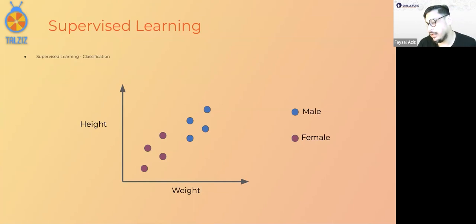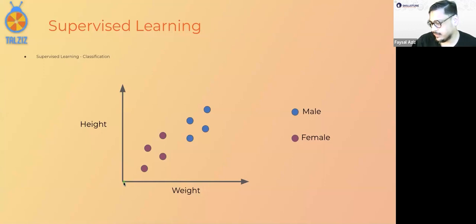So if there were other factors to consider, such as, I don't know, it could be height, weight, and what else can there be? Anything.